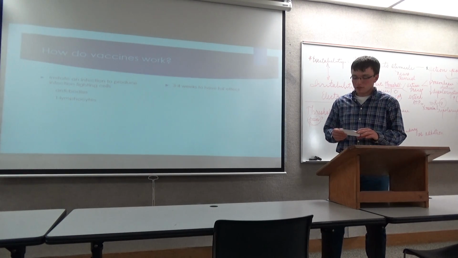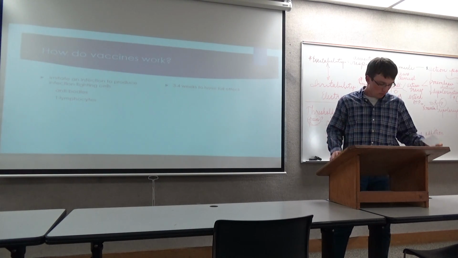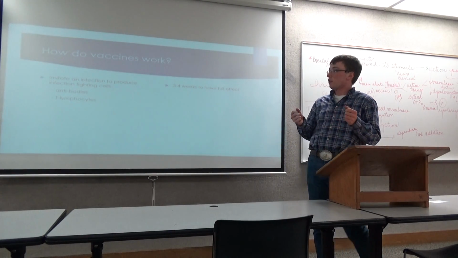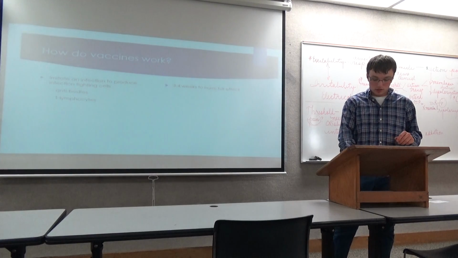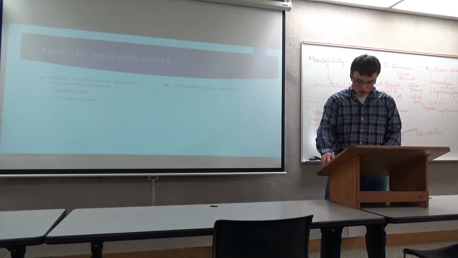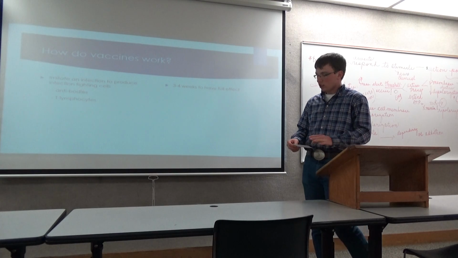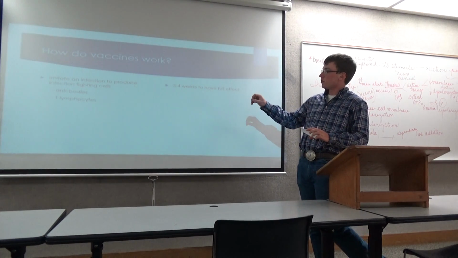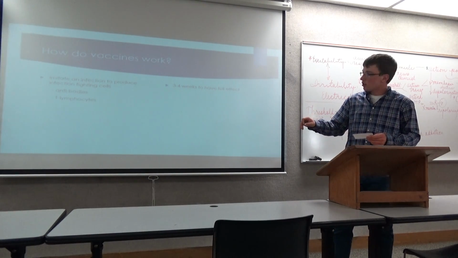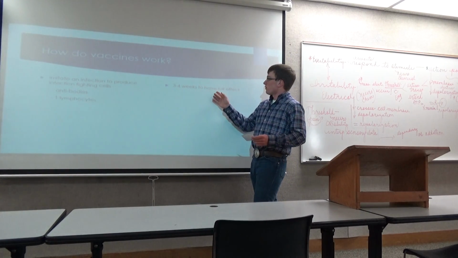And T lymphocytes are a type of white blood cell that helps the body mediate between healthy cells that it can accept and bad bacteria and viruses that it needs to rid itself of. So the imitation infection leaves the body with healthy T lymphocytes and antibodies to fight against that cell. And to form these antibodies and lymphocytes, it takes about 3 to 4 weeks to have a full effect.